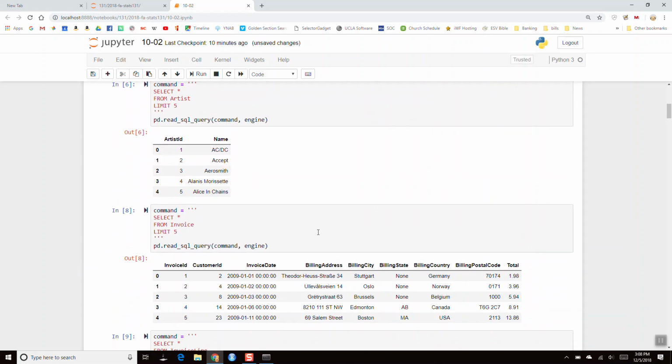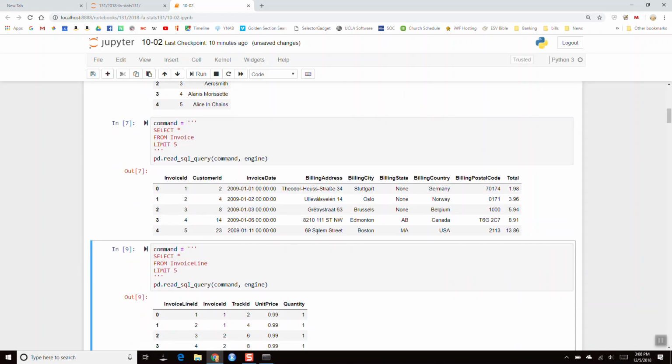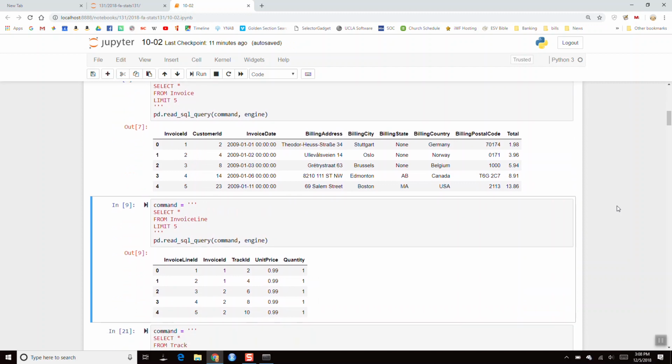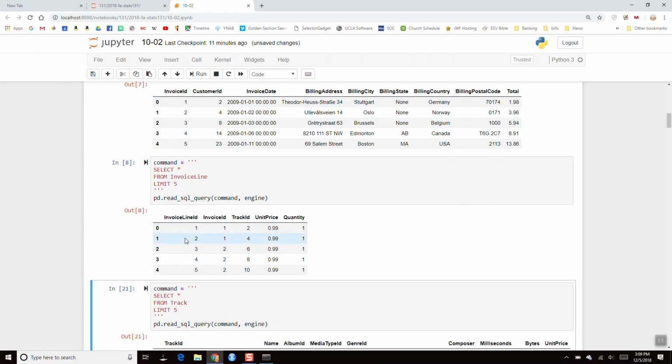Okay, so anyway, here's taking a peek at the invoice table, okay? And so the invoice would be like an order that a customer made, okay? Here on January 1st, 2009. This is the street, Theodor-Heuss-Straße in Stuttgart in Germany. And anyway, they ordered 2 songs for a total of $1.98, because if I go to the invoice line, you can see the